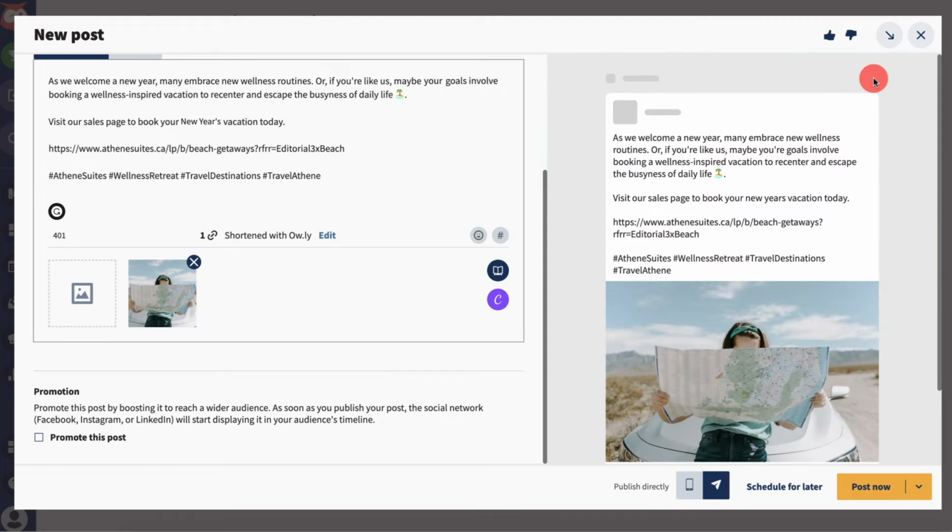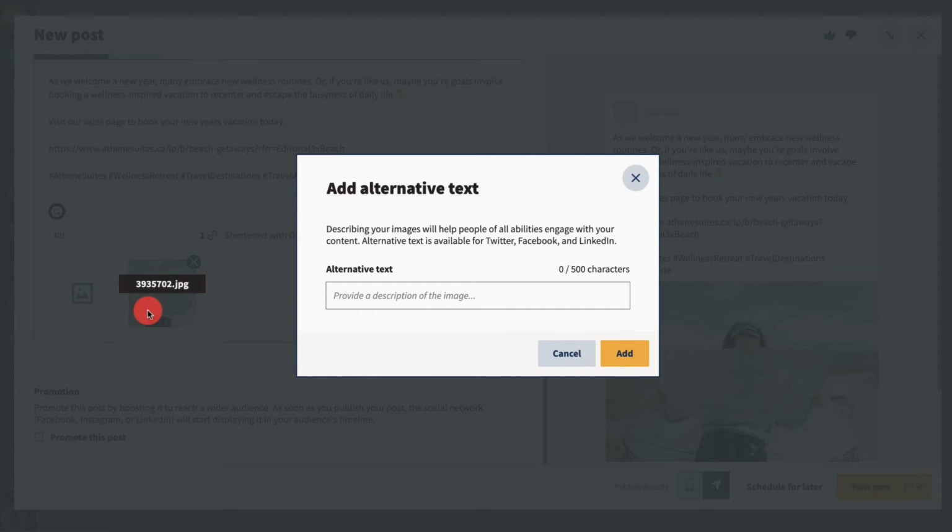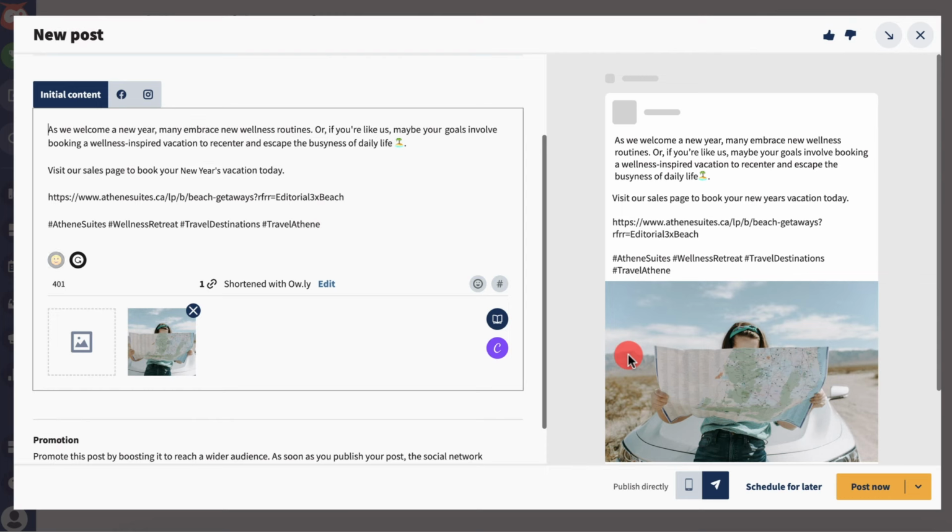Hootsuite also has an integration with Canva. I suggest connecting your Canva account and exploring some of the great content creation features there. We should also make sure we're always meeting accessibility standards with our social posts. So a good tip is to add alt text, which is descriptive text that can be read about the image. If you hover over your media, you'll see this little alt icon. Click it to enter alt text for that photo, and this makes the image more accessible for everyone.